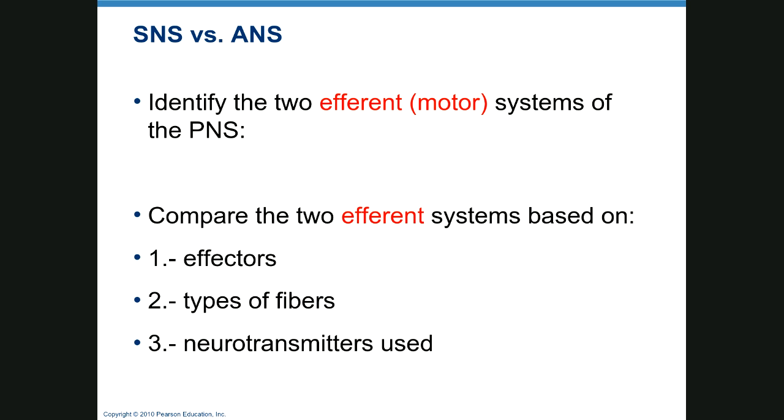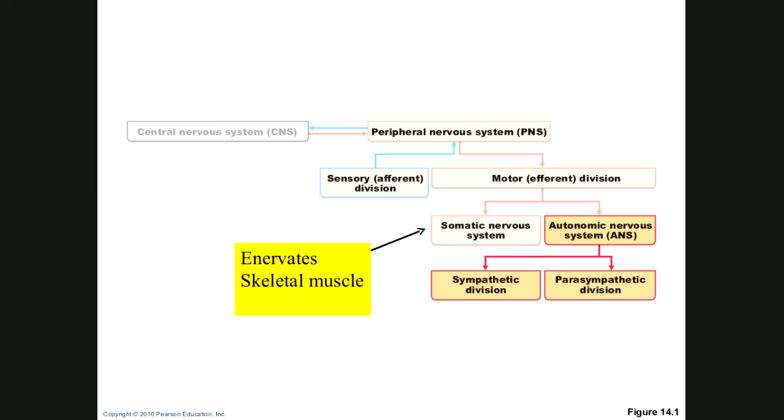Identify the two efferent motor systems or divisions of the PNS, and then compare them to each other: compare the effectors, compare the types of fibers, compare the neurotransmitters. So that's what these first PowerPoints are going to do. They want to show you what we're going to be talking about right here. And the SNS, the somatic nervous system, is right here. Okay. So we're going to compare based on